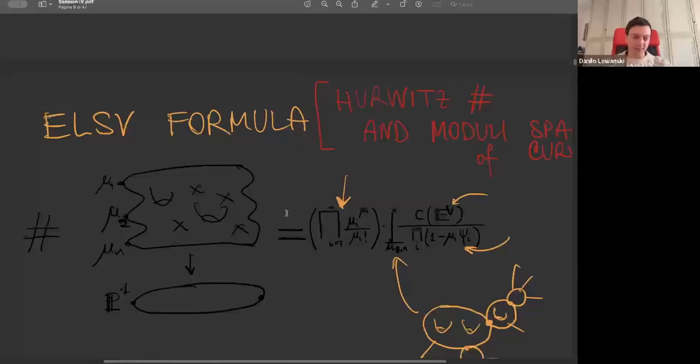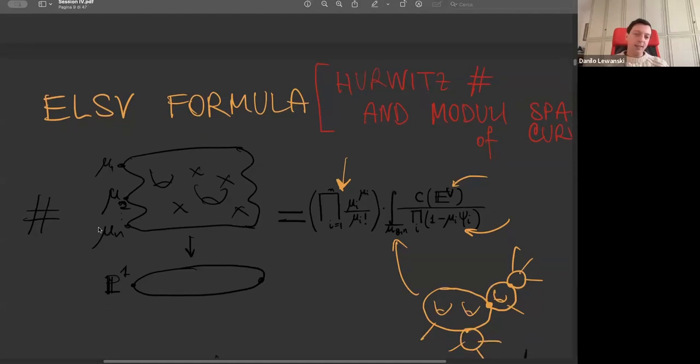This is the first one, the original ELSV formula. ELSV is itself also an acronym of the 4 authors. The 4 authors are Ekedahl, Lando, Shapiro, and Vainshtein. This formula is from 1999, I think, maybe the year of publication is 2000. It's published in Inventiones. And here on the left-hand side, you have the Hurwitz number, meaning